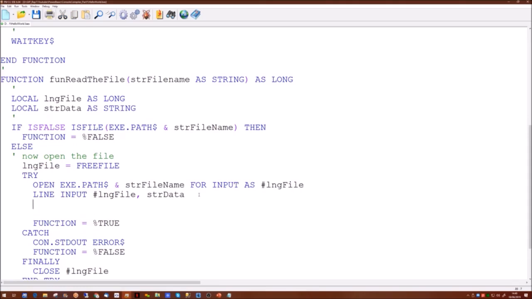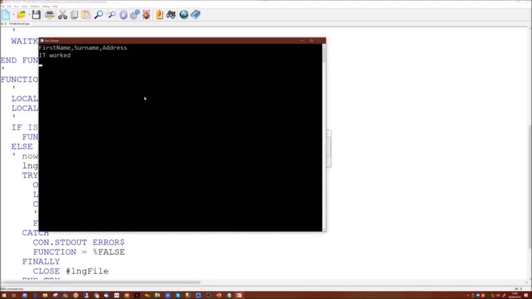What we'll try is we'll just put this out to the screen and run our program. So what we're doing here is we are opening the file, reading one line and putting the line out. So all we should get is the header line here. We try running that one. There we go. There's our first line going out and we're seeing it worked. So the function will always have returned true.